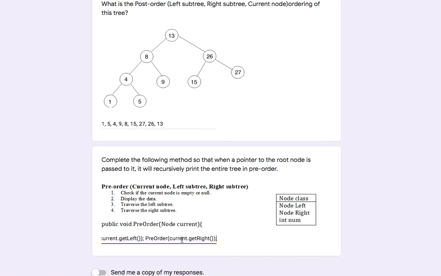And that's going to the right subtree on this side of the node, right? So I do those four things, check if it's null. If it is, I return. Otherwise, I print out the value, I go to the left, and I go to the right recursively, right? So that's how you do the pre-order code